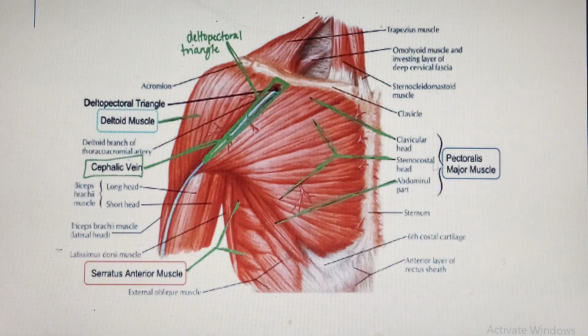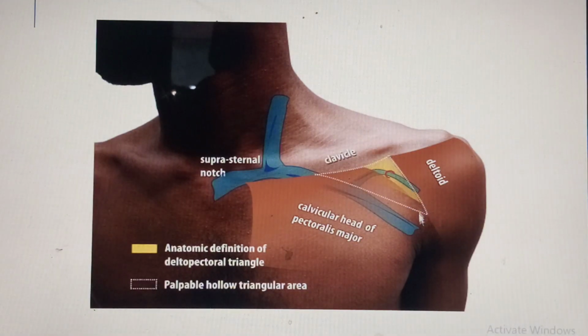So if you look at the arm, laterally placed we have the cephalic vein, and that cephalic vein ascends between the deltoid muscle and the pectoralis major muscle. Between them there's a groove which we call the deltopectoral groove. So the cephalic vein is a content. It runs over here and then pierces the clavipectoral fascia. Now it is not only the cephalic vein which pierces the clavipectoral fascia and then eventually drains into the